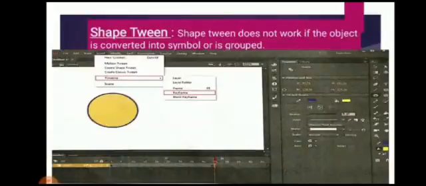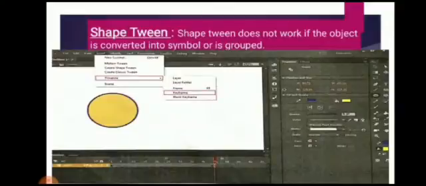Shape tweening is used to transform the shape of one object into another, and this I had told you, that it does not work if the object is converted into a symbol. So we can create a wonderful morphing effect by using shape tweening.